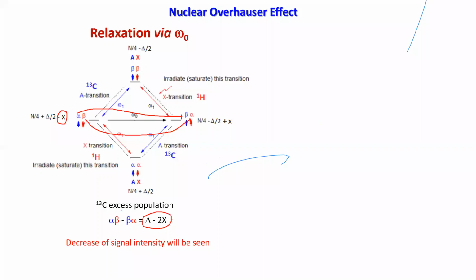Yes, sir. If you have anything, you just need to tell me if you are not getting it. That's why, if you look here, I have written nuclear Overhauser effect. It doesn't mean you always have enhancement. Enhancement will happen when you have the W2 transition, or omega 2 transition. But if you have certain nuclei which prefer the W0 transition, in that case we will not have peak enhancement, rather you will have peak depression. So the peak height will be decreasing. Getting?